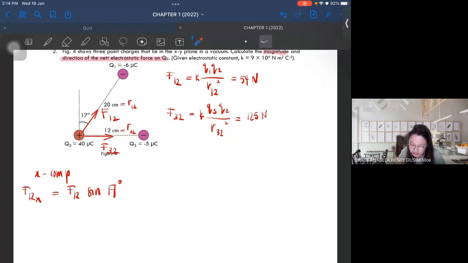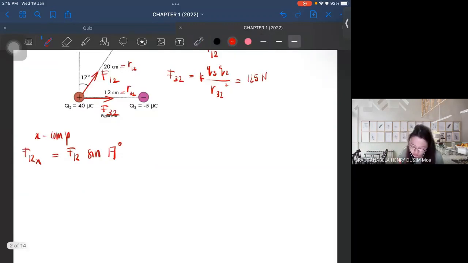Because the angle 17 degree is not on the x-axis here. Okay? If the 17 degree is on the x-axis, which is this one, we will use cos. Okay? Can you understand? So for that one, you should get